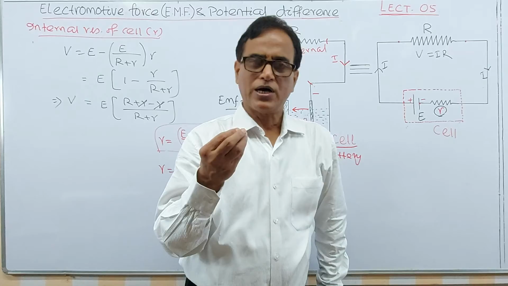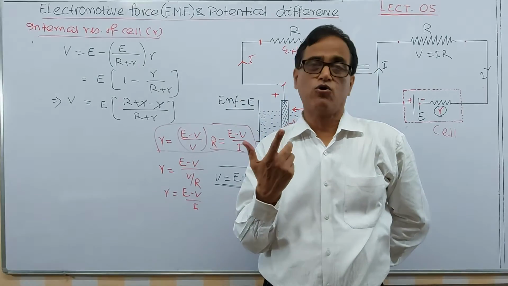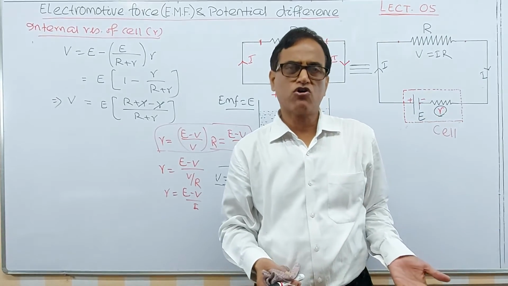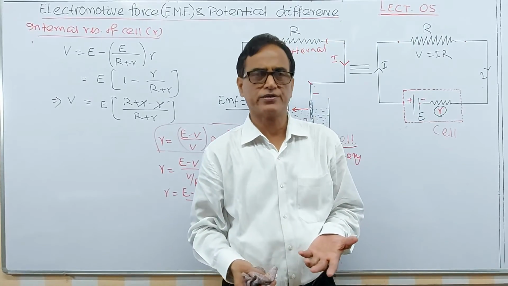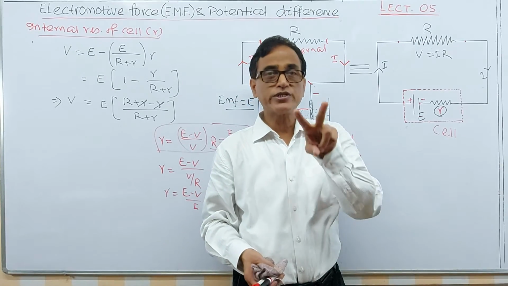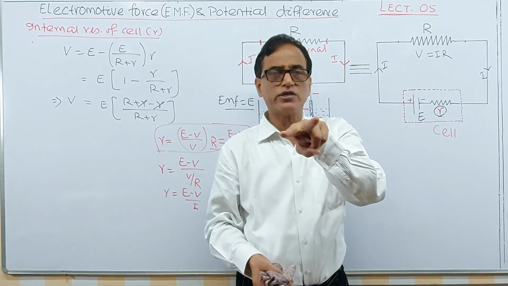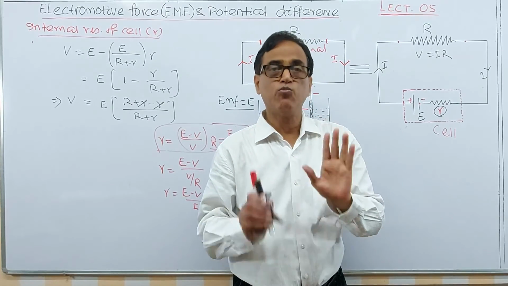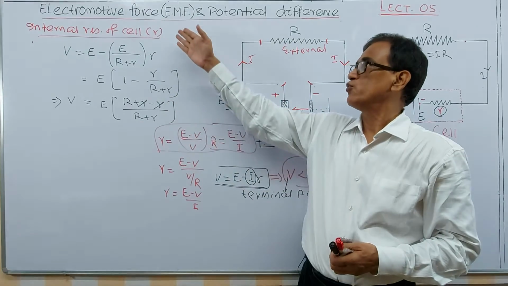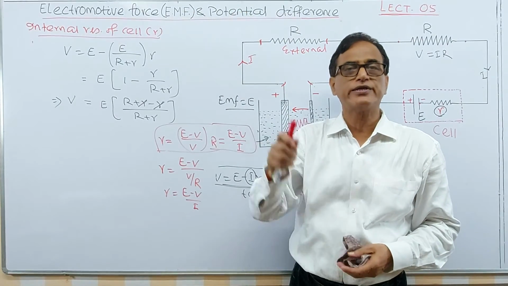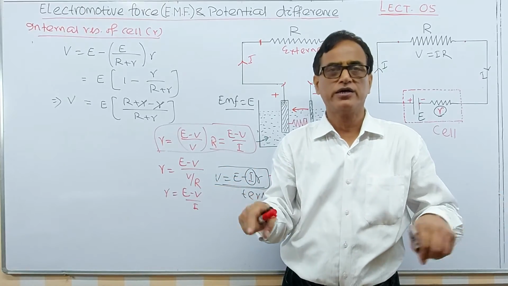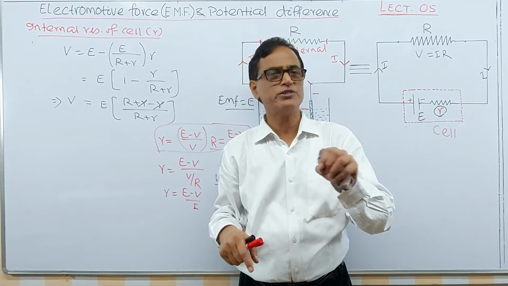And I am telling some important questions over this one. You can go through it. What is EMF? EMF is the cause, potential difference is the effect. EMF is the work done to carry the charge throughout the circuit, but potential difference exists between any 2 points, work done to carry the charge from one point to another. Both are expressed in the same unit of volt. It is actually an old name. We call it electromotive force, but it is a potential difference, we can say. EMF is not a force at all. It is potential difference, and the new name is potential difference, we can say.